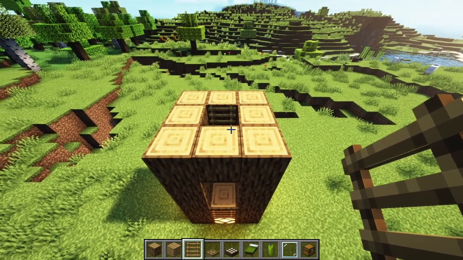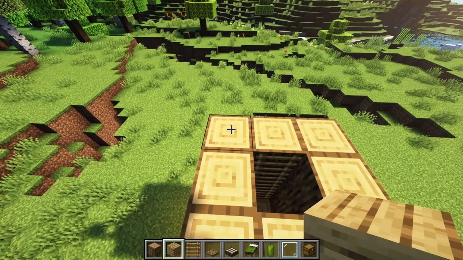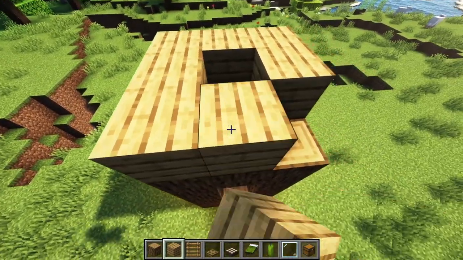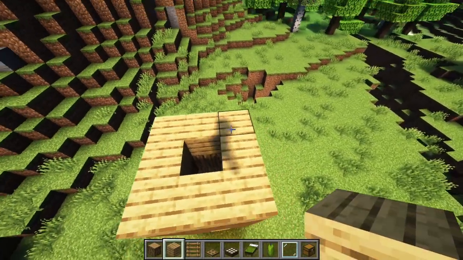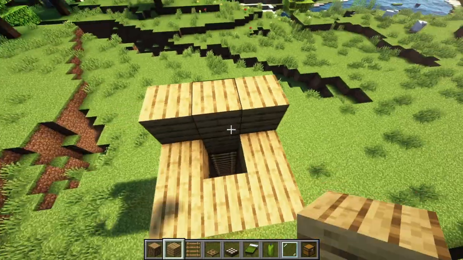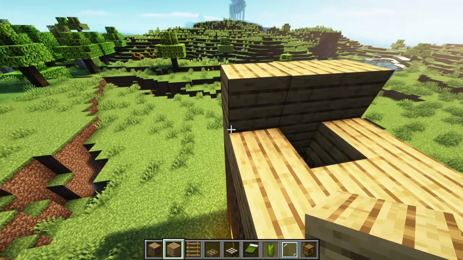I'm going to switch over here to the oak planks. Alright, so from here I'm going to go ahead and add the oak planks down like so. I'm going to go ahead and just put that right all like that. And I'm going to actually kind of frame the room real quick. So I want the wall to be right here. And then I think I'm going to let that come outward